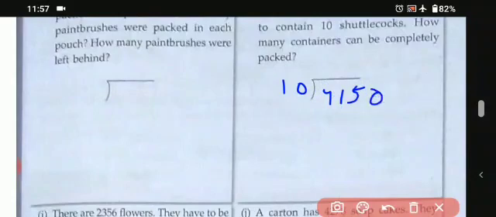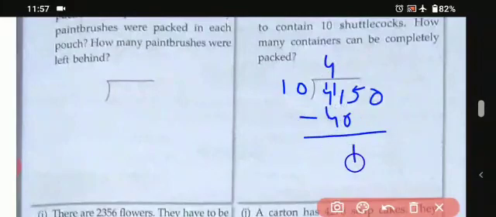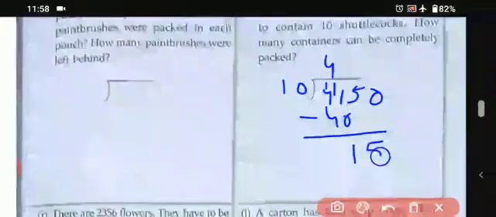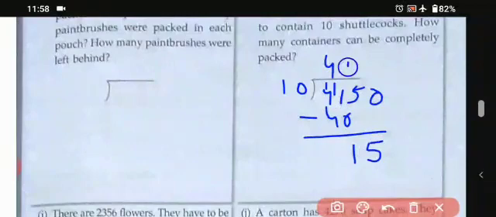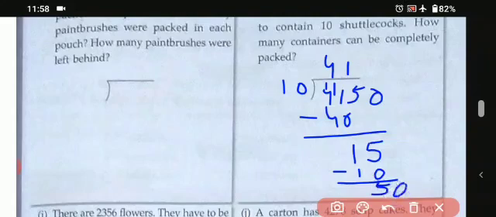4150. Okay, students. So that means that is 41. So how many times does 41 come? 41 doesn't come in the 10 table. So we have to find out the smaller number, that is 40. Do the minus, that comes 1 and it becomes 15. So 15 also doesn't come. So that means it will go one time. So that is 10. Okay. So that is 5 and 50.